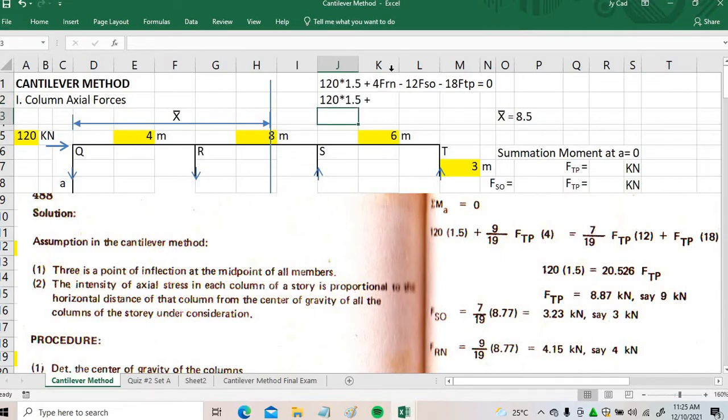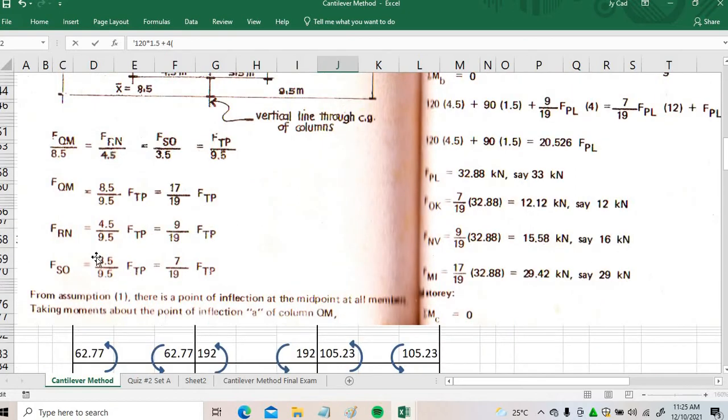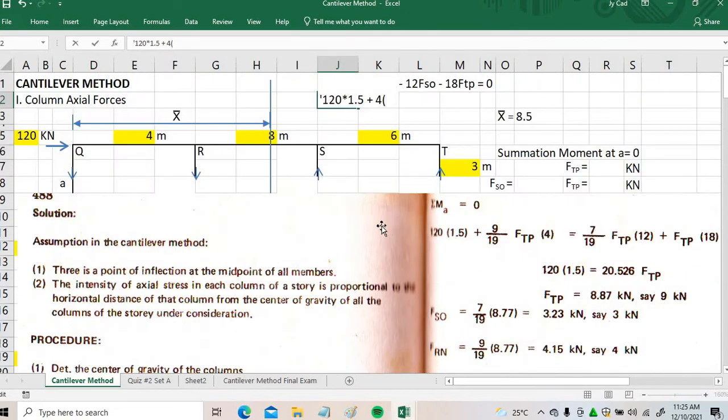Plus, but what is FRN? 4 times the quantity. FRN is 9 all over 19 FTP. Yan. Okay? And then, itong mga negative, lilipat natin sa kabila. Is equal to